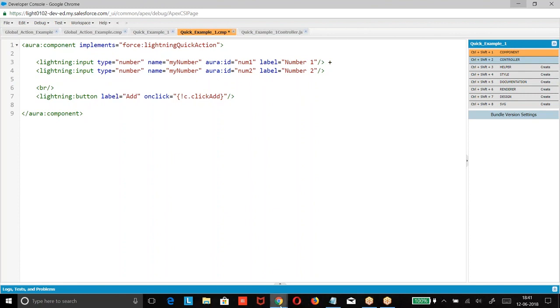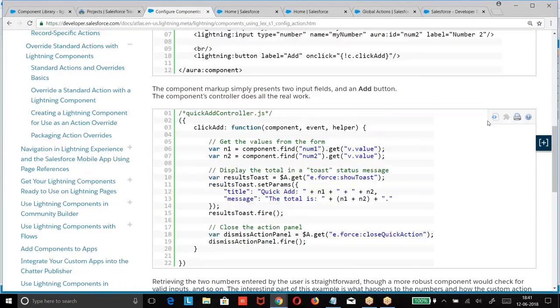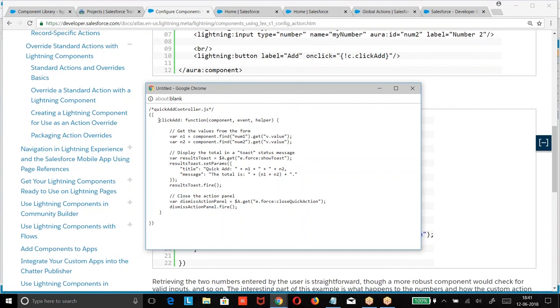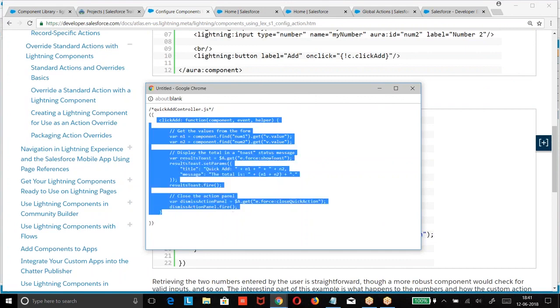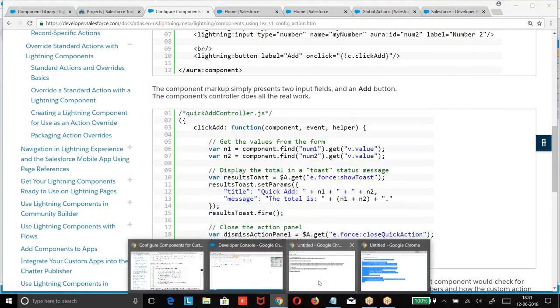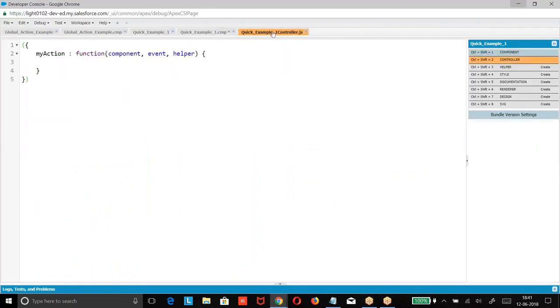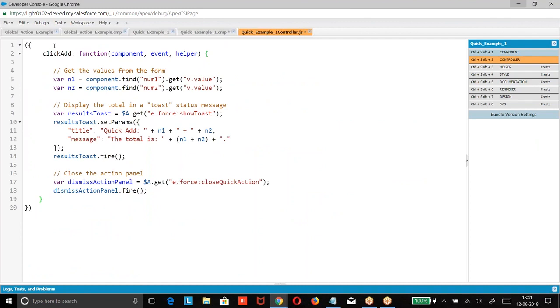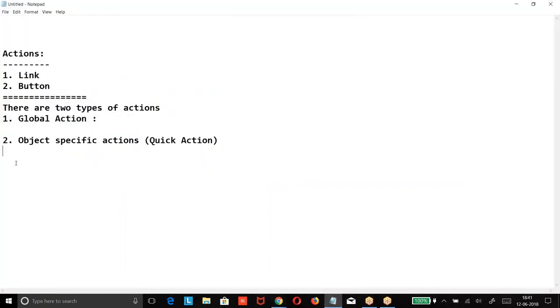So let us see the controller. Define the controller. When you are going for a controller, how do you define a toast? Defining a toast, it is what? $A.get event.